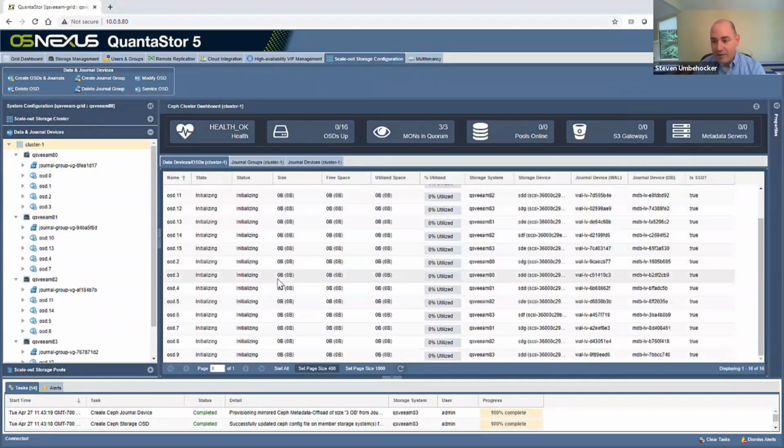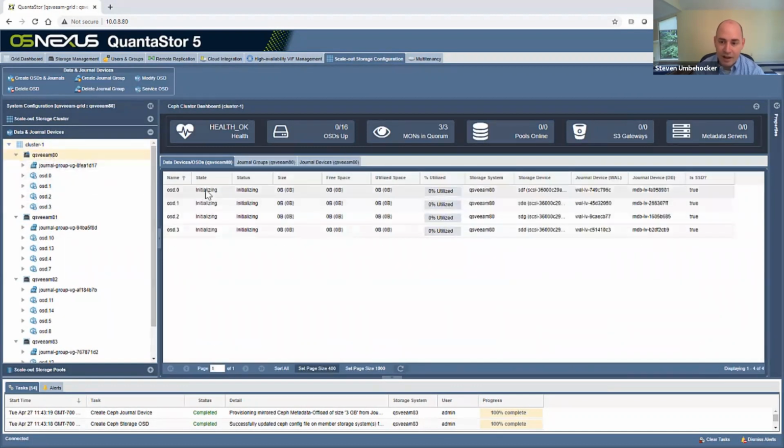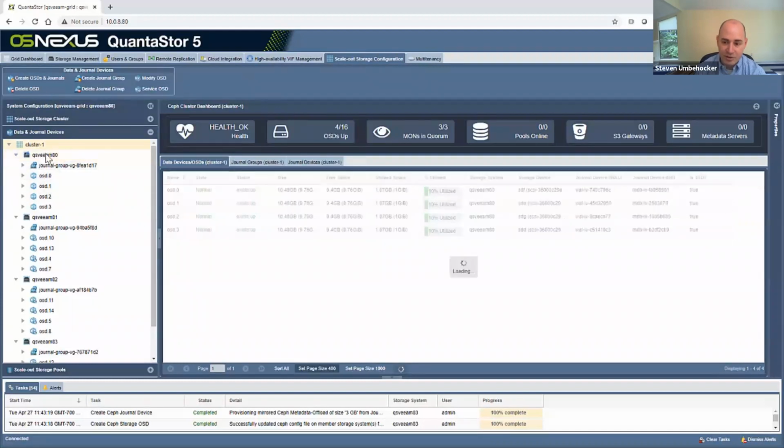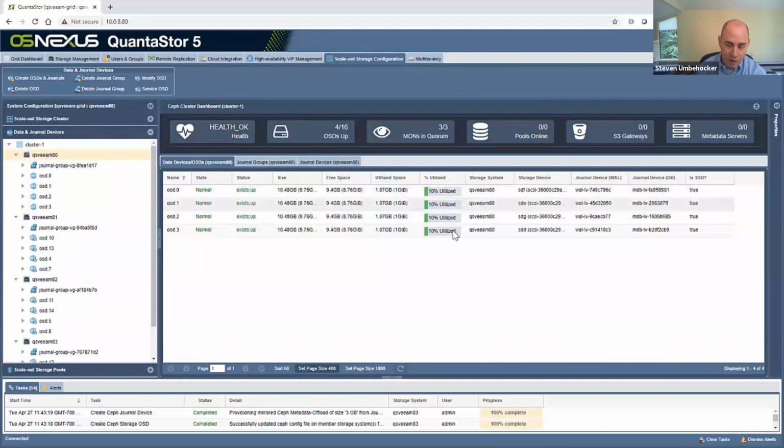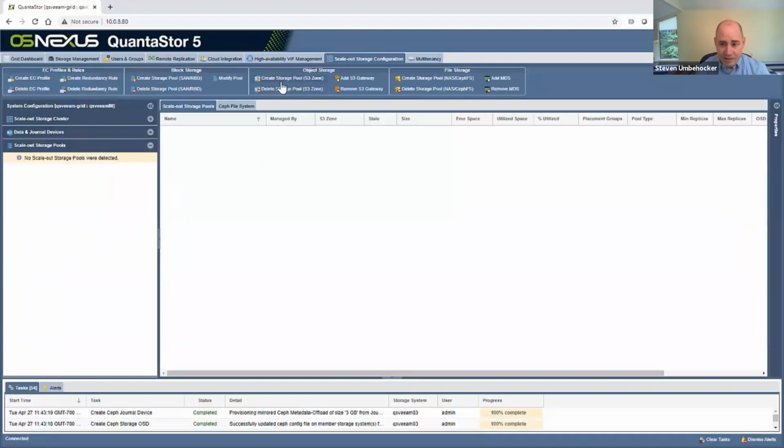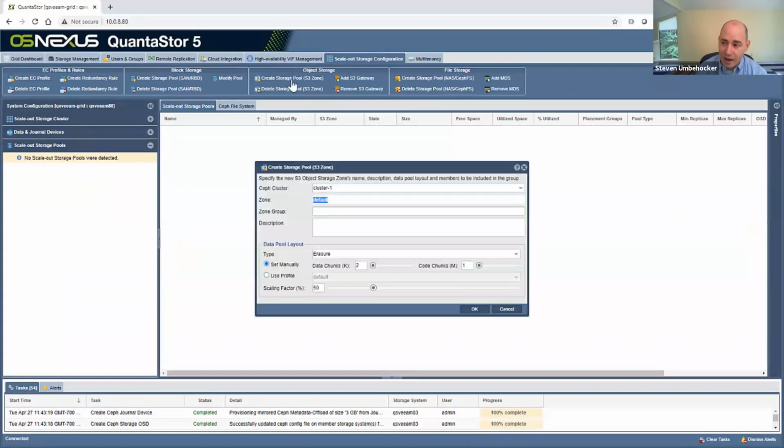So now we've added all the data devices. So we've done the first 2 big steps. Those are the ones that really take the most amount of time, creating the cluster, then adding the devices. Once you've clicked OK on that dialog that just closed out, it takes a couple of minutes for all of this to appear with all the different OSDs and journal groups that the QuantaStor cluster is orchestrating. But once you see it says normal exists up, now we're ready to go create the object storage zone or object storage pool, as we refer to it